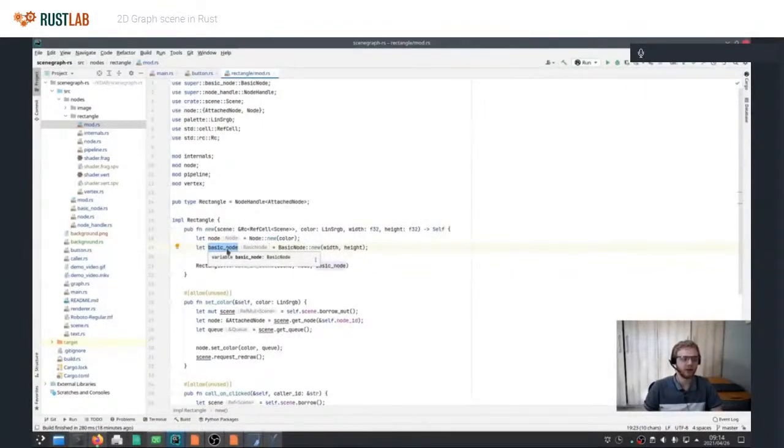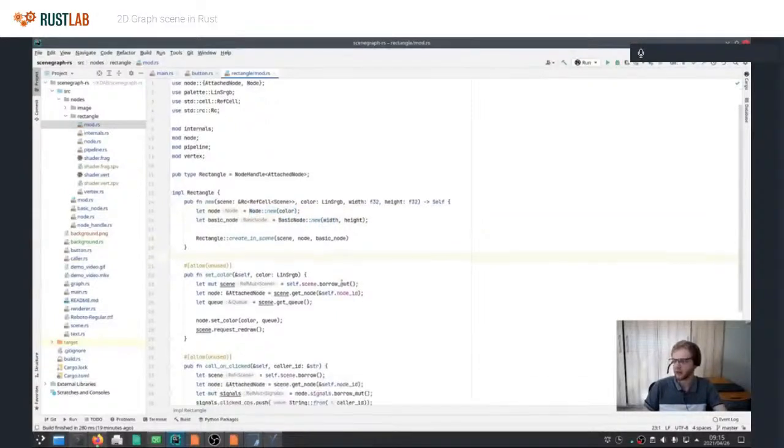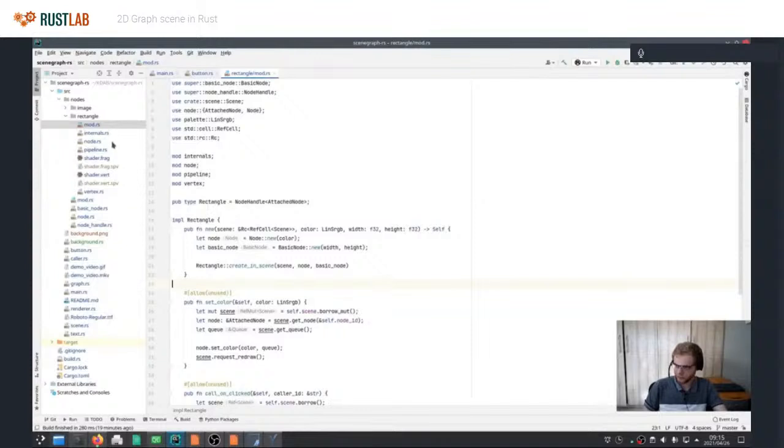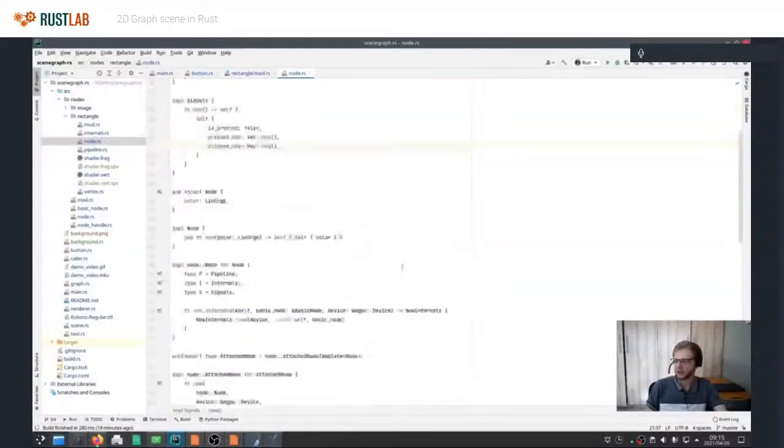The logic which acts on that state, the whole propagation of the transform between nodes, is all applied through the basic node part. So the scene graph understands how to interact with the basic node, and your node-specific behavior, which the scene graph doesn't understand, you put in the node substruct. Here the only property is the color, the rectangle color, and here is the logic for the specific node.